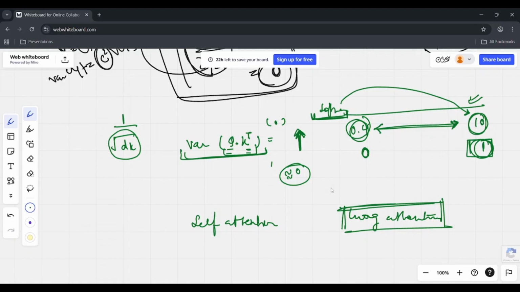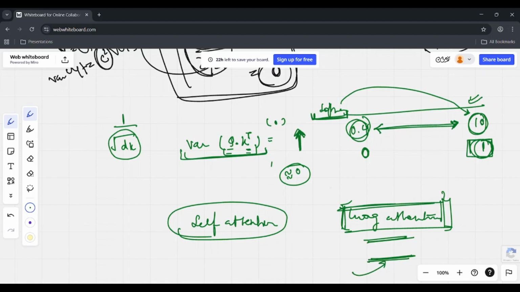So self-attention is also a type of attention mechanism. But why do we call it self-attention? Because in Luong's attention, Bahdanau's attention, or the entire attention mechanism that we read, we always had two sequences of sentences, right? One was going into the encoder, and the other one was coming out from the decoder. We always had two sequences. But in self-attention, we have a single sequence of words. So that is why it's called self-attention.